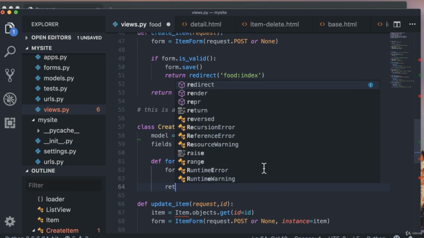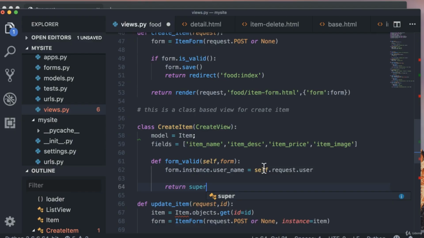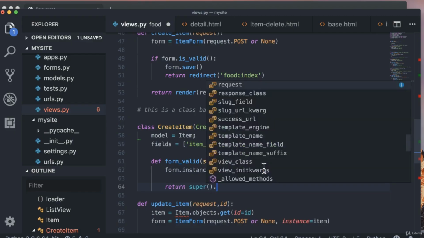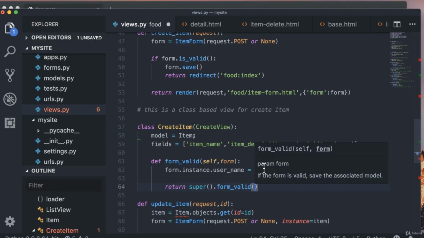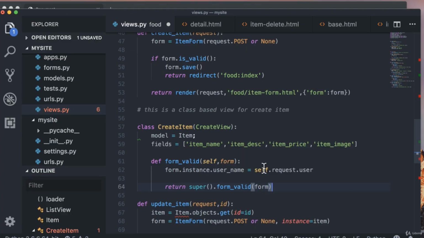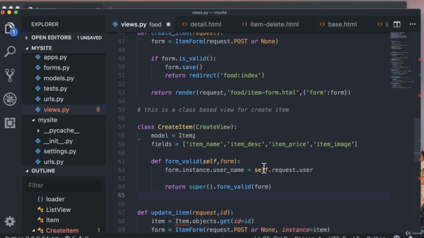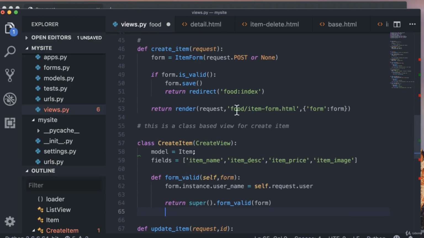So we type in return super, and then we type in dot form_valid, and in here we again pass the same thing, which is form. And then we also need to mention the template for this particular form, which is nothing but the template which we have passed in here, which is